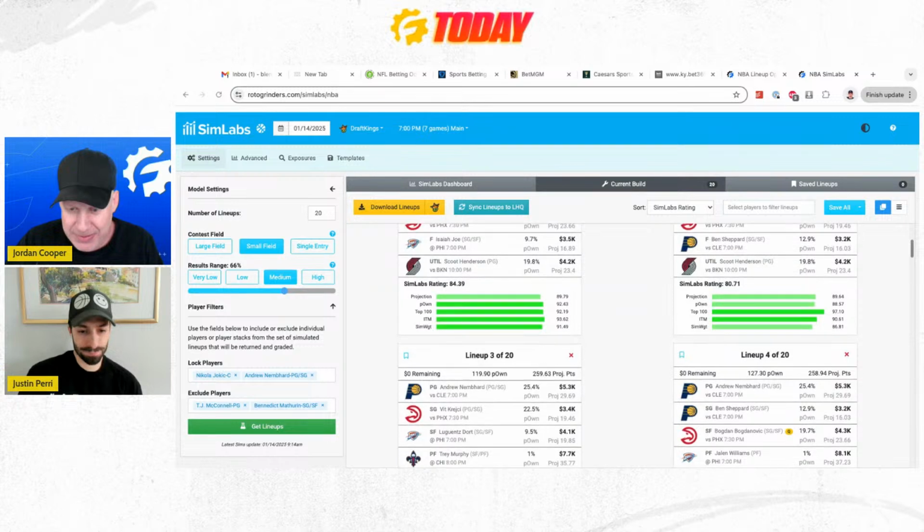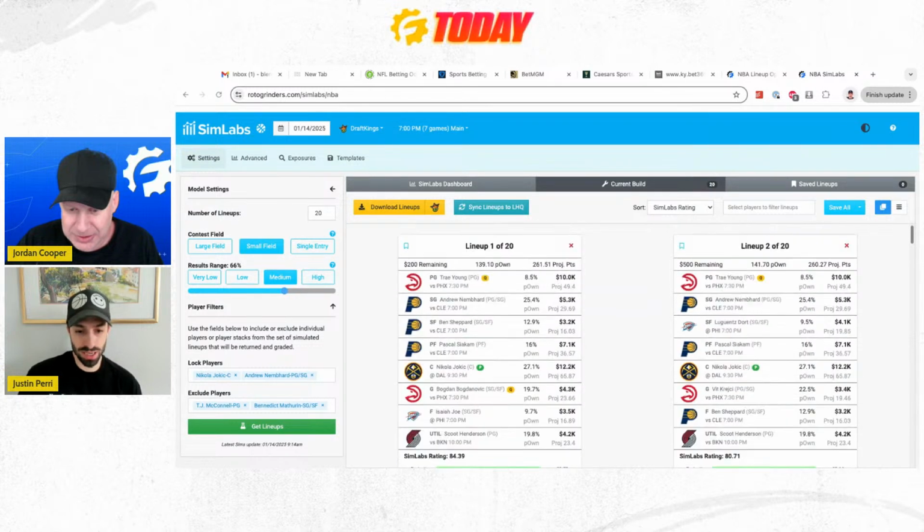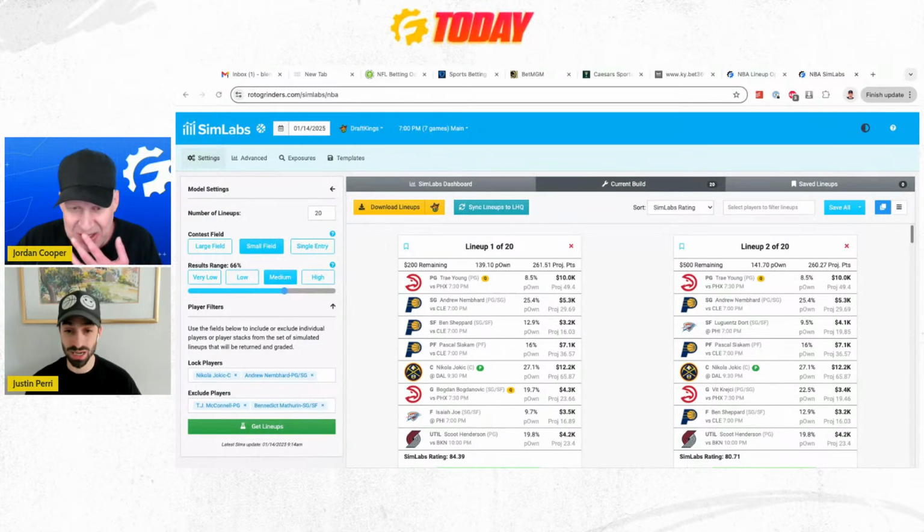There's good reason to think Nembhard at worst gives you like 22, but I think we're probably cruising in for hopefully a 31, 32, 33 type of night for him. McConnell very easily could come out with 3 or 4 points less than that, so that's a tough call.